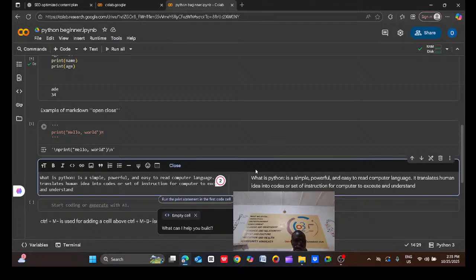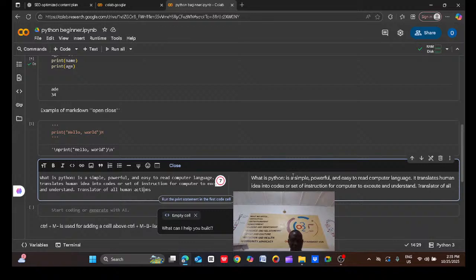So Python is like a translator. It can also be regarded as a translator of all human actions or ideas into actions for computers.